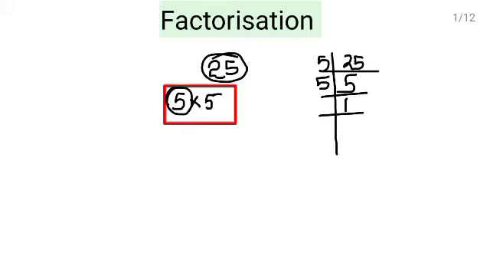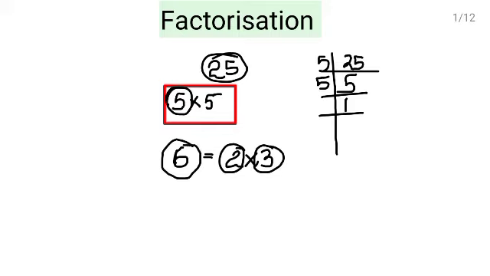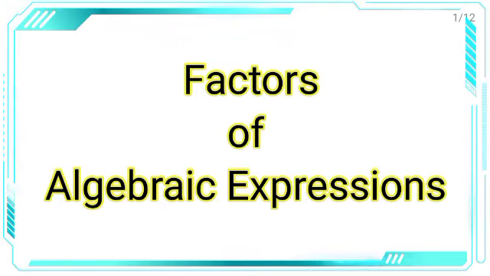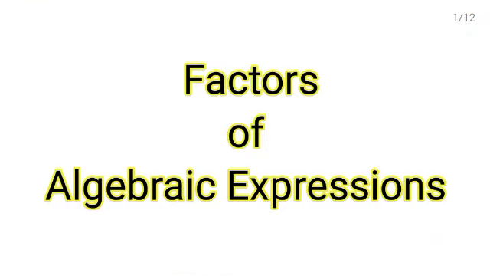सो फैक्टर का मतलब क्या होता है? कोई भी नंबर अगर गिवन नंबर को जो प्रोडक्ट है उसको completely डिवाइड कर दे एंड द रिमाइंडर इज 0, दैट मीन्स दैट इज द फैक्टर ऑफ द प्रोडक्ट, राइट? If 6 is there, so 6 means 2 multiply 3. So 2 and 3 are factors of 6 because 2 as well as 3 can divide 6 completely. Clear? But now here we are talking about the factors of algebraic expressions.